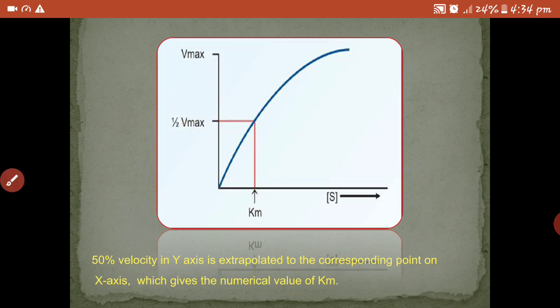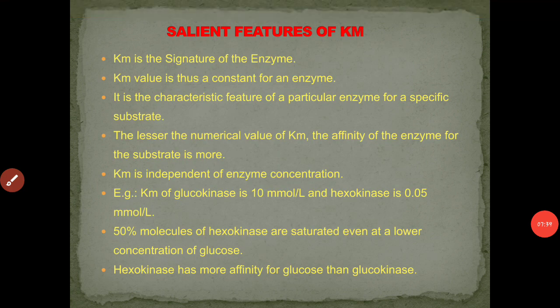So the Km is the signature of your enzyme. These are the salient features and the significance of your Km. As I said, the Km is the signature of the enzyme, and it is constant for any enzyme. The Km value is constant for an enzyme, and this is a characteristic feature of the particular enzyme for